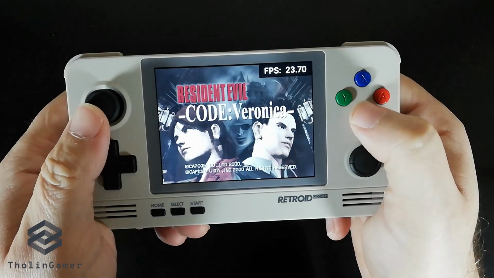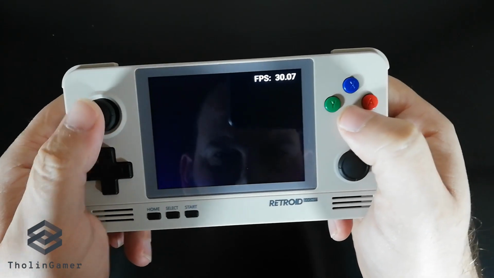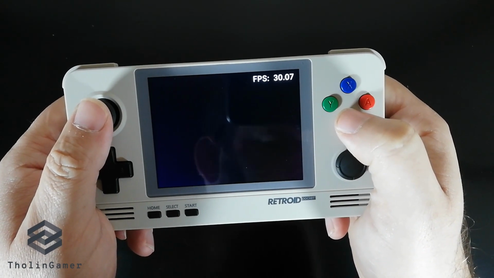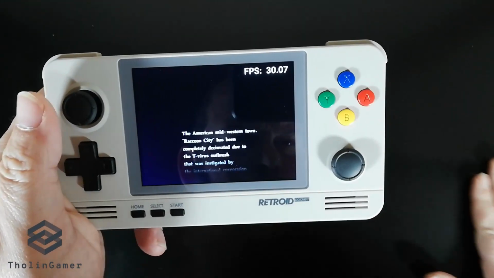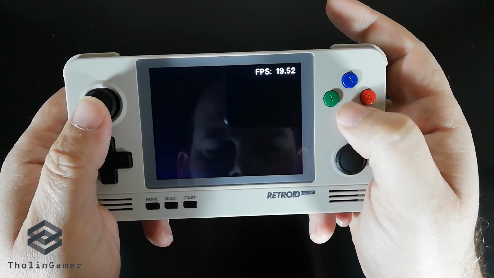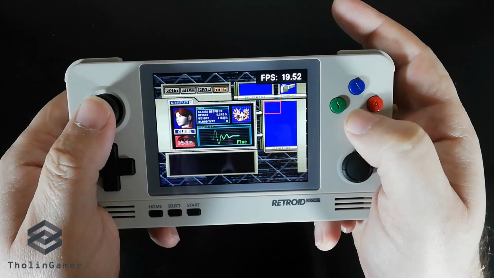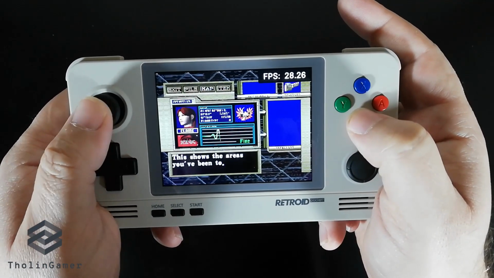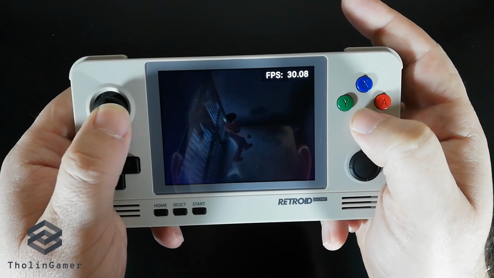Now, this is a survival horror game, as you know, one of the most famous, let's say, Capcom franchises, and one of the best games in the genre. So this is, again, the introduction. We are going to skip it and go right ahead to the actual gameplay. In Resident Evil Code Veronica, you play the part of Claire Redfield, who starts off being imprisoned in Rockford Island, and this is the actual gameplay.